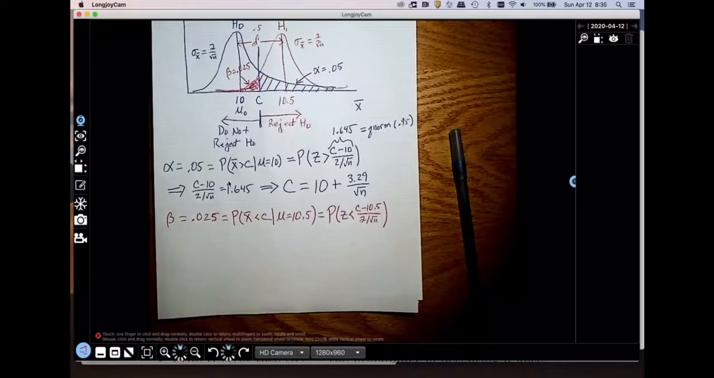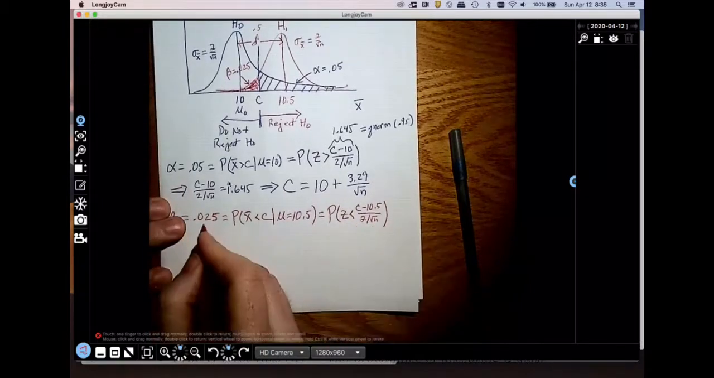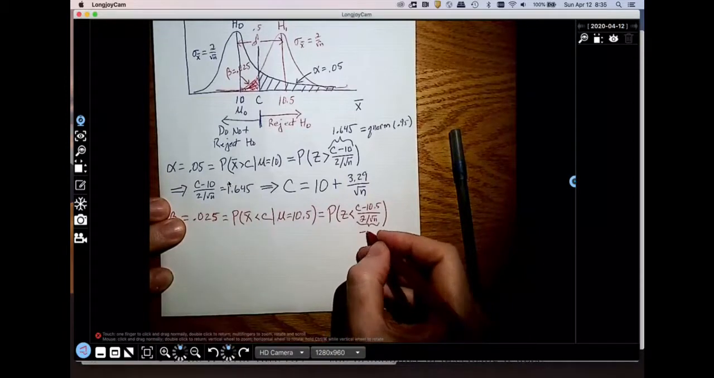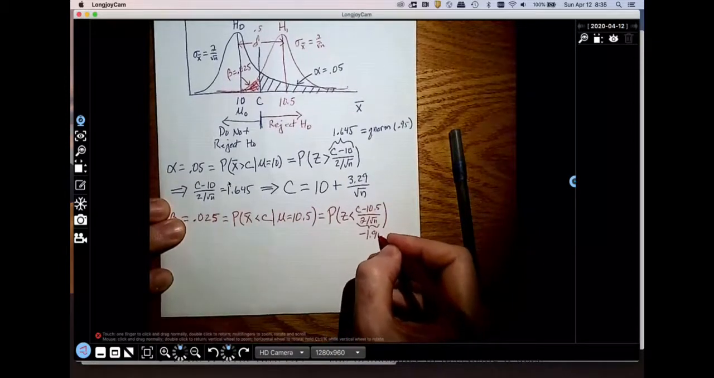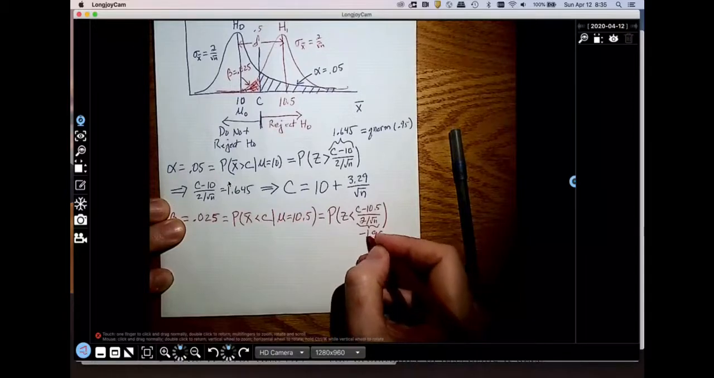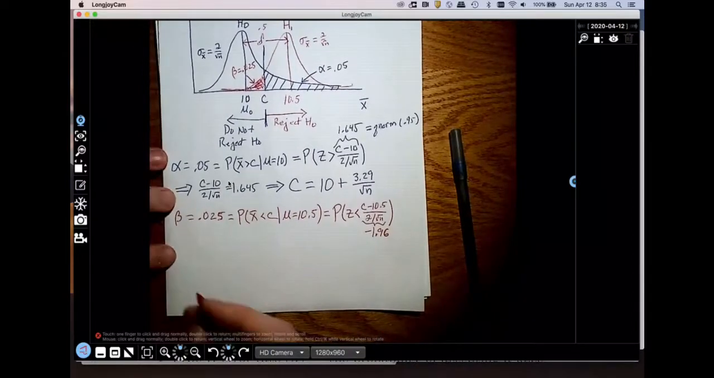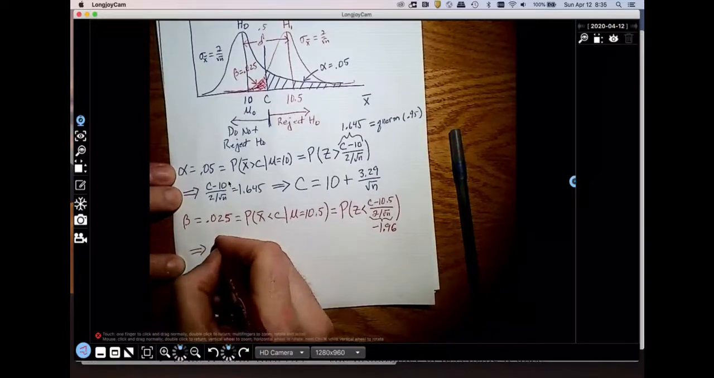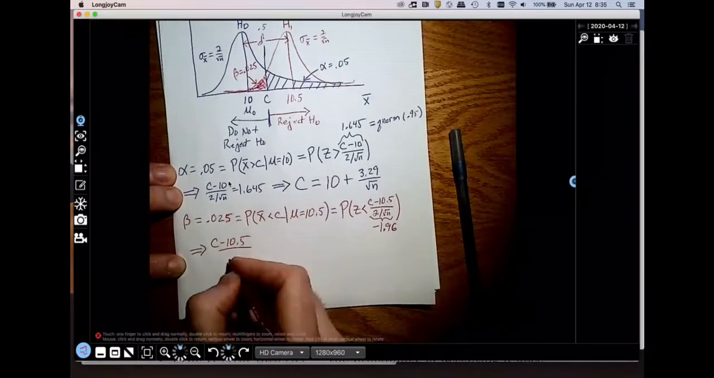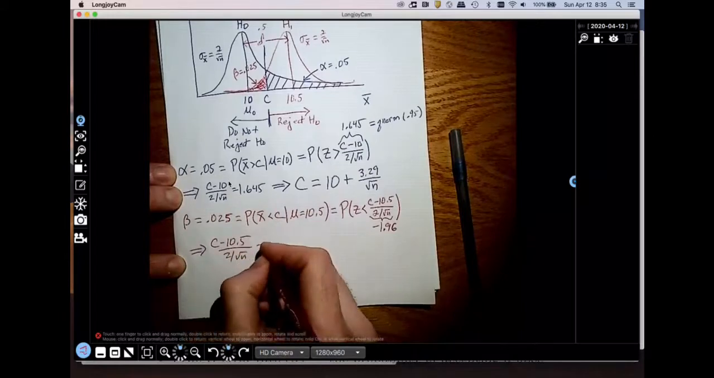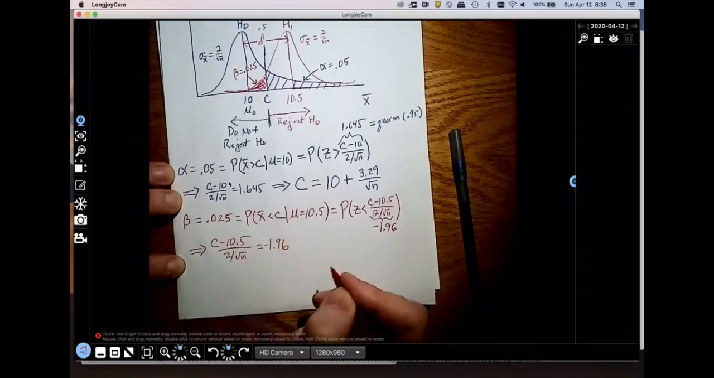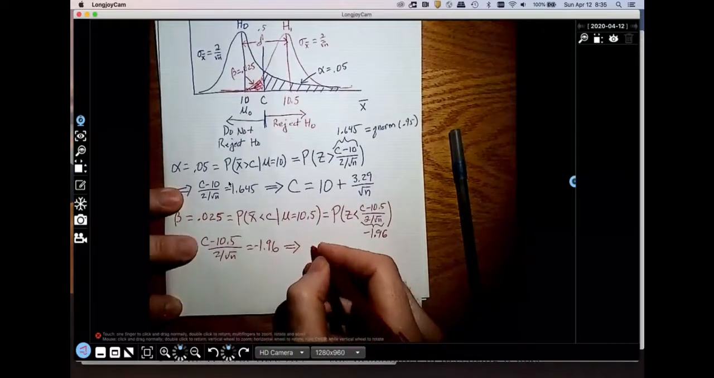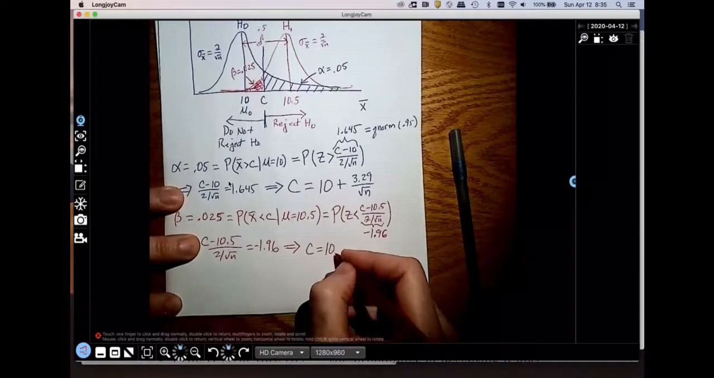And when is this true? Well, this is going to be true if this is equal to minus 1.96. So we're going to do the exact same thing. Let's go solve this. This implies c minus 10.5 all over 2 over root n is minus 1.96. So if I do my algebra correctly here, we have c equal to 10.5